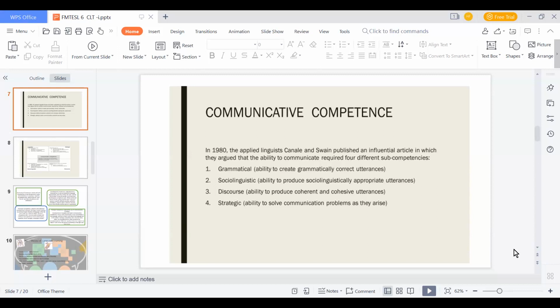If you want to use language in communication effectively, if you want to bridge the gap between knowledge and performance, so that your learners become performers who can use language in communication, you have to get the learner to develop 4 competencies. How many competencies? 4 competencies. The 4 competencies that the learner should develop in order to become communicatively competent, or to bridge the gap between knowledge and performance, are